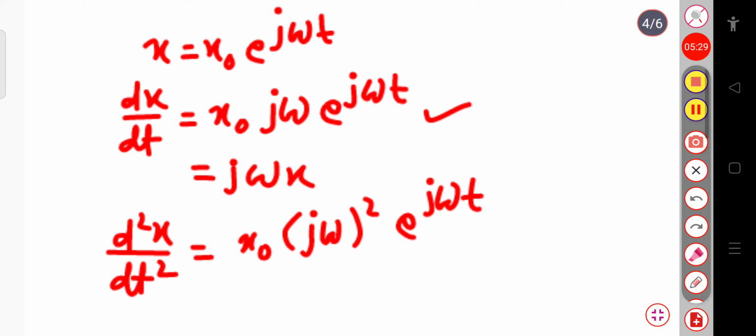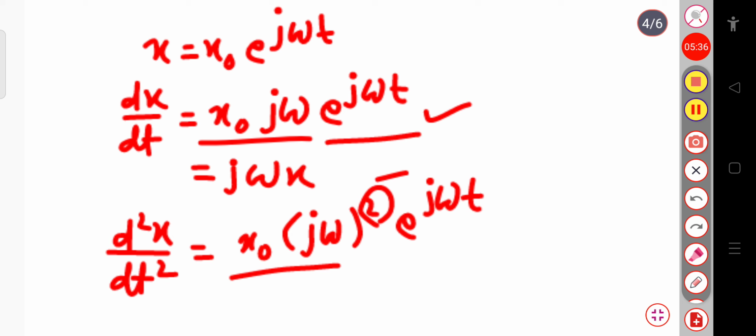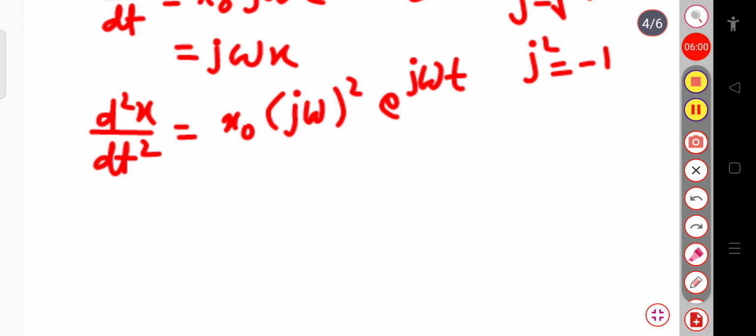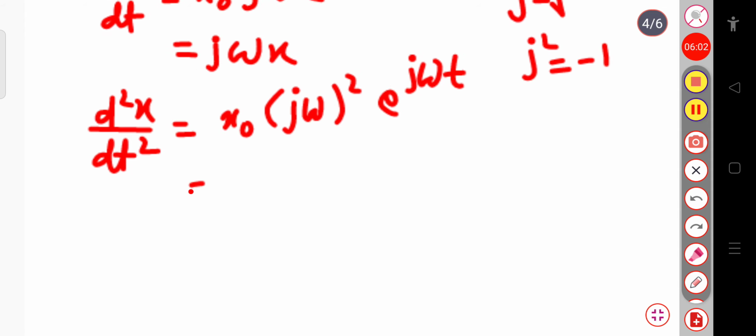Okay, because these are your constant term written as it is, only x naught j omega, and here if I take the derivative of exponential j omega t, this will be exponential j omega t into j omega, so this will be j omega whole square. Now you know the value of j equal to root over minus 1, this one is your imaginary number. So if I take j square, then this will be root over minus 1 whole square, that will be equal to minus 1.